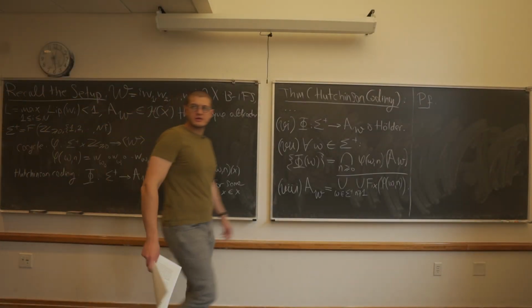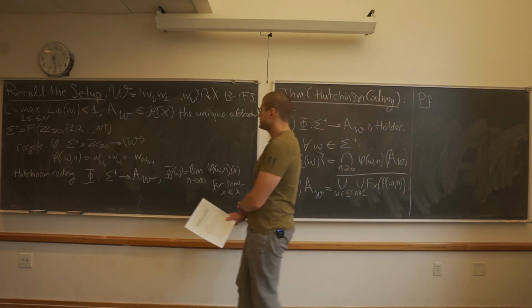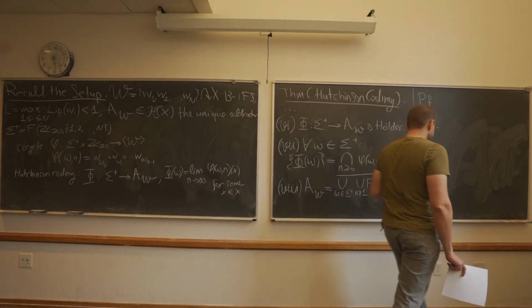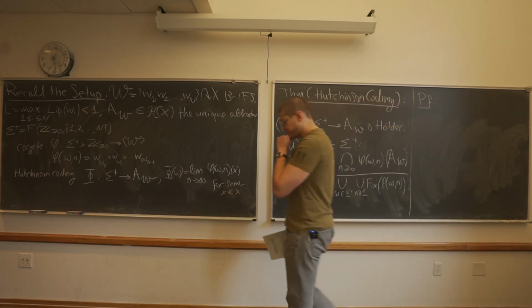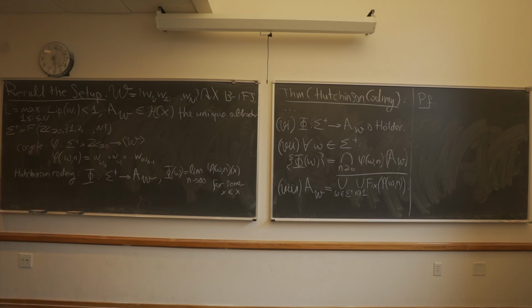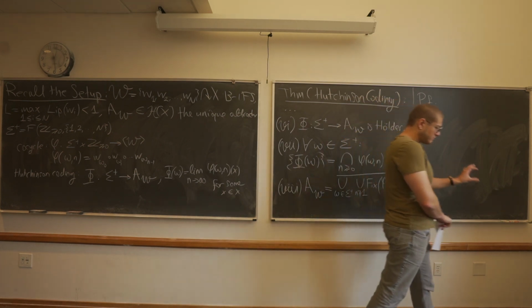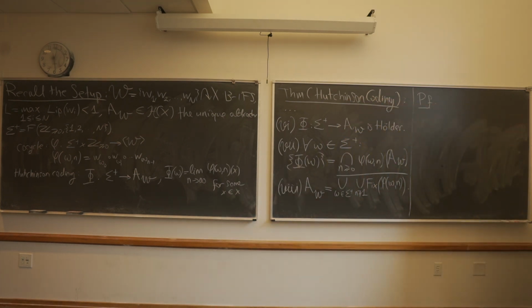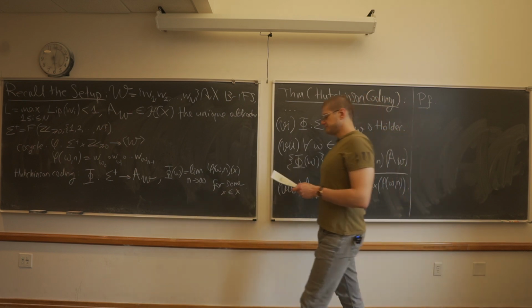Okay, let's start. Good afternoon. So today I'd like to finish the proof of this Hutchinson coiling theorem. I want to do some more stuff, namely this lifting construction that allows you to start with any iterated function system in the sense of Barnsley whatsoever, and then build a more complicated iterated function system that happens to be totally disconnected.